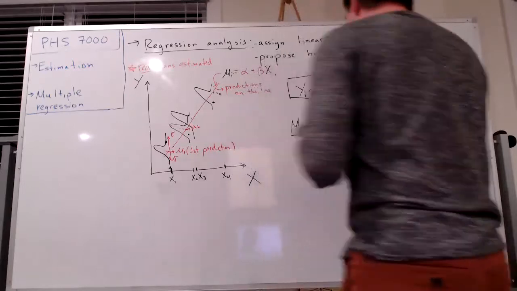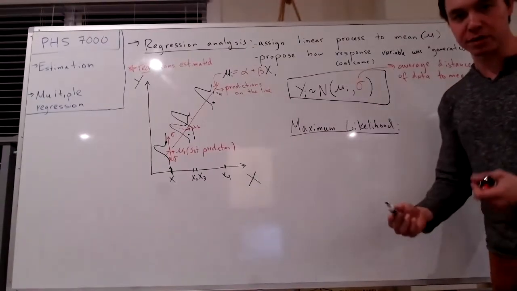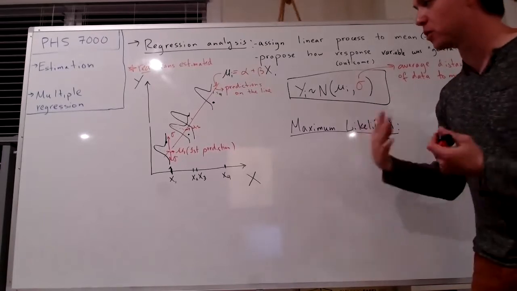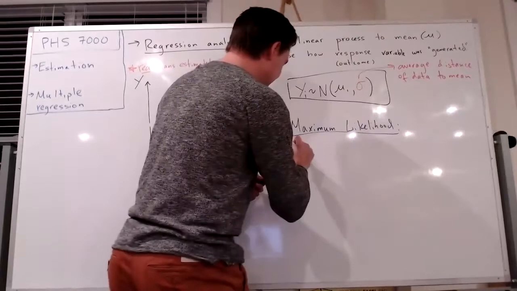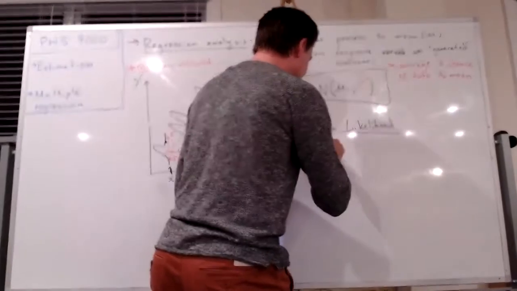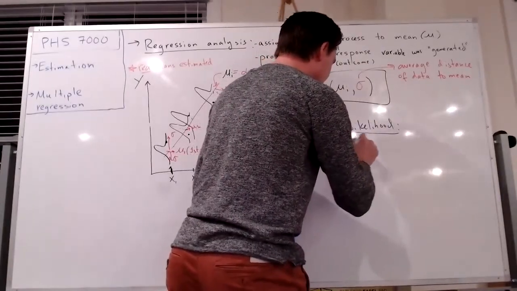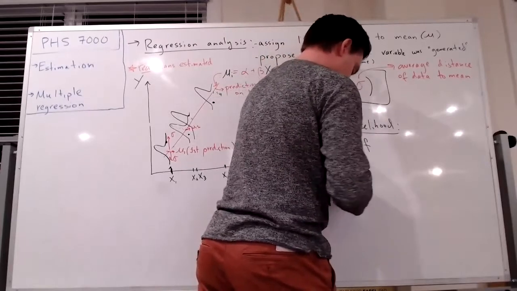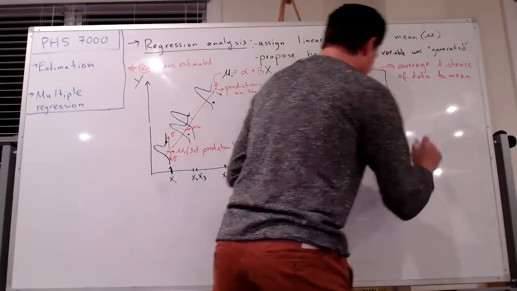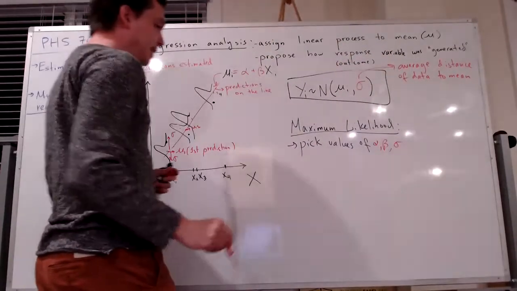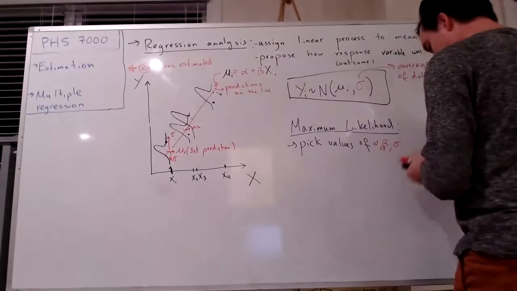Now, this can be quite mathematical, so I want to focus on a conceptual kind of visualization of it. So this says, pick values of alpha, beta, and sigma, right? Red means estimated, such that